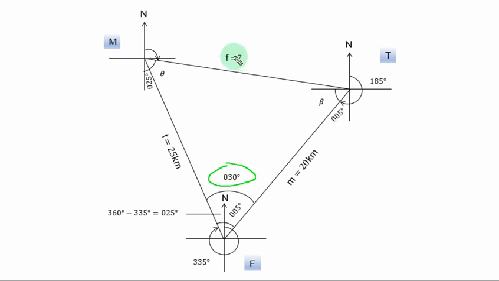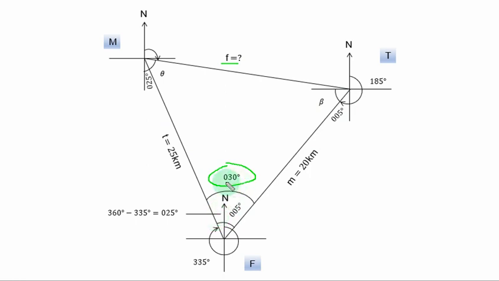So you label the side in triangle MTF, angle F. The side facing it or opposite it is F. This other side is T. This other side is M. So this angle is 25 degrees, equal to this angle. Here is 005 degrees. From here to here is 180. To this point, 185, here becomes 005 degrees, and it is equal to this angle. This angle plus this angle is